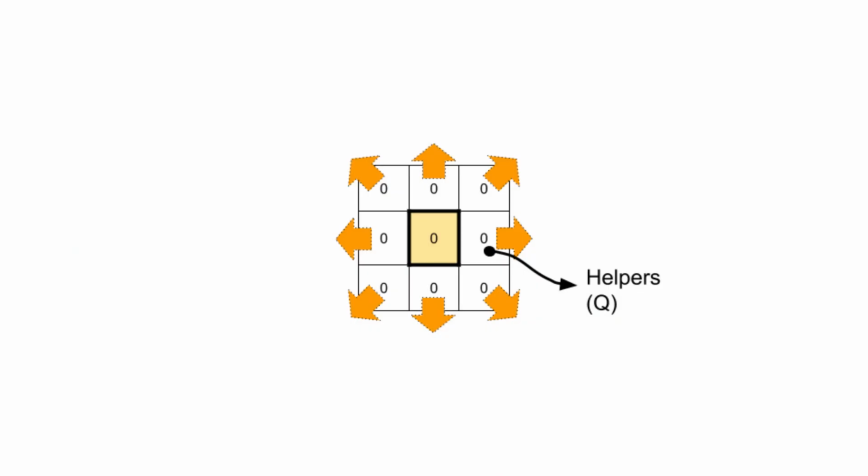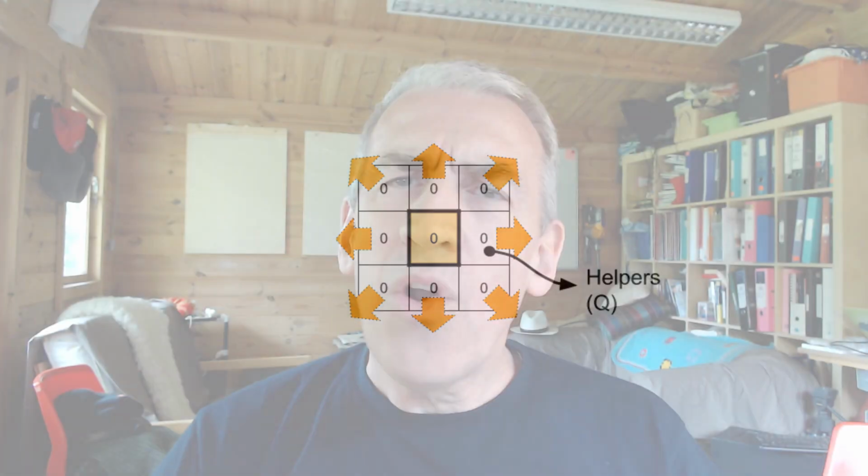Each square is not just a simple square. It contains 9 helpers that our agent can use to guide his decision, avoid death, avoid pain, and reach the goal. He'll always move in the direction of the helper with the highest value. If there isn't a clear winner, he doesn't become paralyzed with indecision. He just tosses a coin and chooses one of the best ones at random.